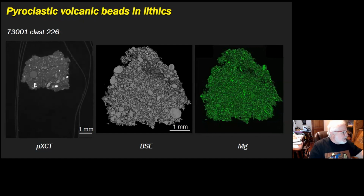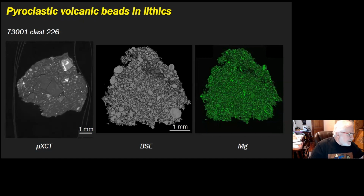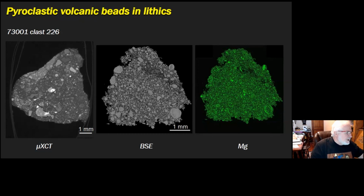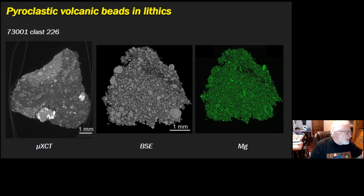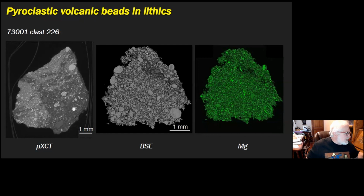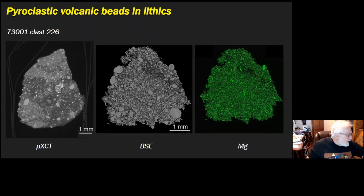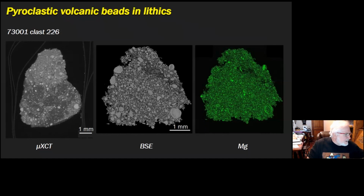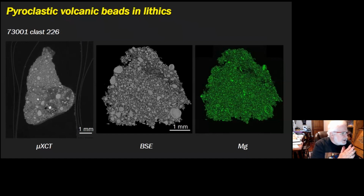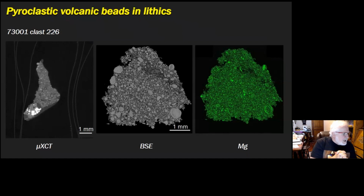But in this case, in class 226, you can see that the whole regolith breccia is made up of these beads. And in the beads, and then there's also, as you can see, these little fragments of high titanium basalt that show up here and there on the XCT image. So these are the kind of samples we are starting to work on to look at what information these beads provide us. The next chart